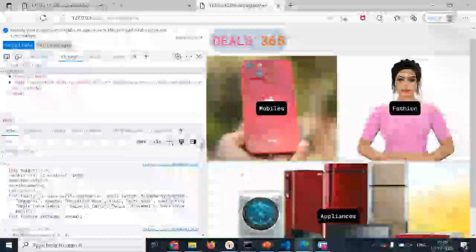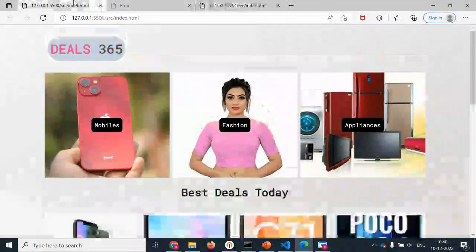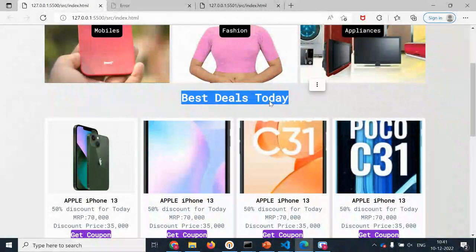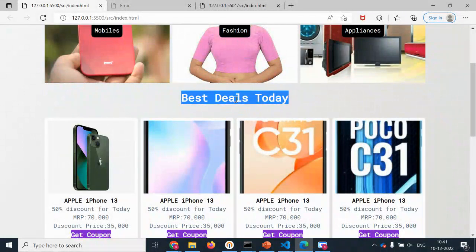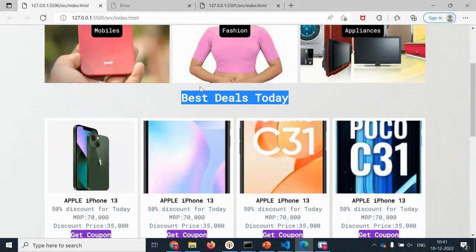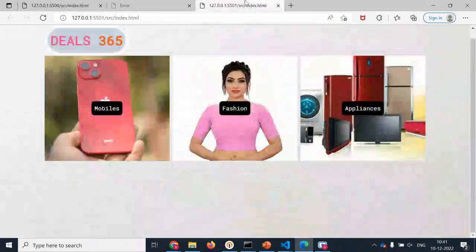Next, now we have completed this part. Now we need to show this header. This header should be aligned in the middle, in the center. And we need to provide the margin, bottom margin, top margin. And this text should be bold and the color should be black. For this, how we write the code is